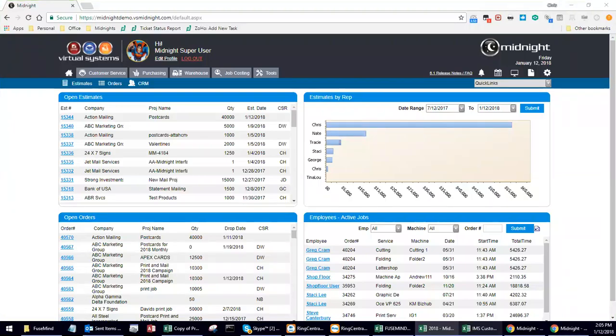So today's session is going to cover Midnight's CRM module. Today I'm going to show you how to add new customers and contacts, how to edit your existing customers, how to add customer-specific pricing, set your default information that will populate data when setting up a new estimate or a new order. And we're also going to look at the activities chart and calendar